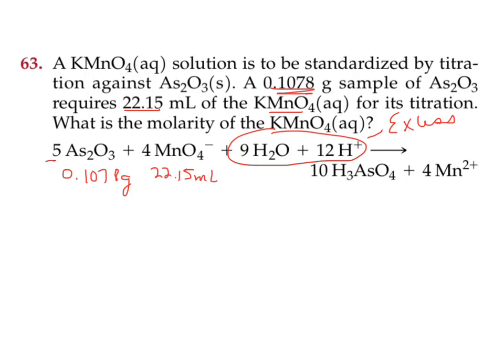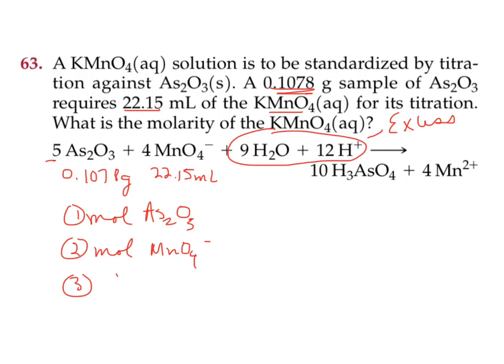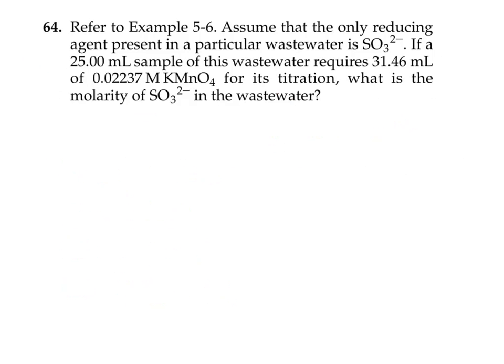First thing is to come up with moles of As2O3 from grams, just like you guys did. The next step is to come up with the moles of MnO4 minus from stoichiometry. And then the last step is to take those moles and divide it by the volume. Okay? So going back to 64,